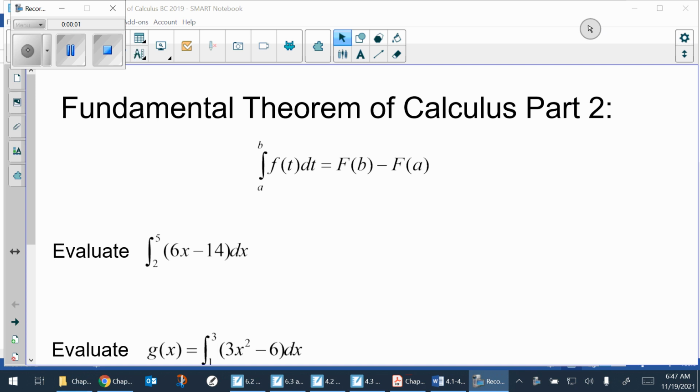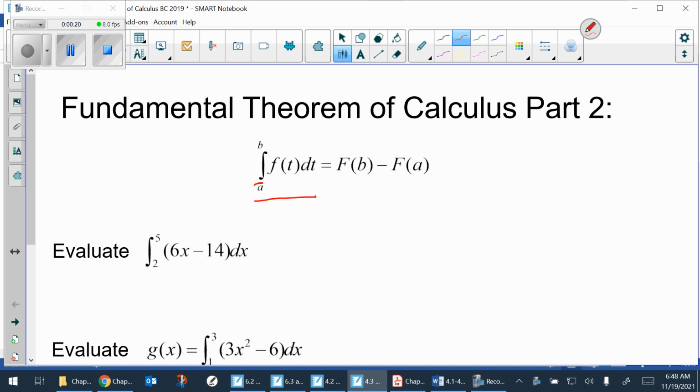It's the fundamental theorem of calculus. And again, BC students have seen this stuff before, so we'll zip through it quickly here. It has two parts to it, and we'll start out with part two. And that's actually how you are going to evaluate a definite integral, with lower and upper